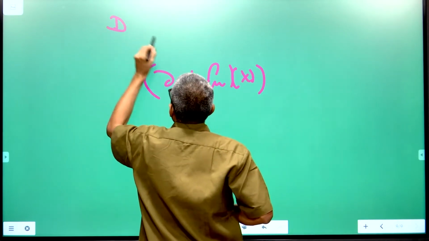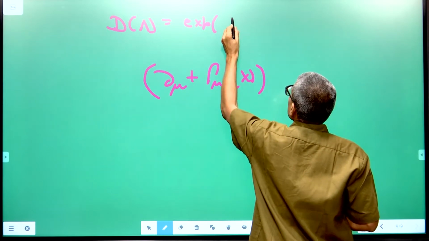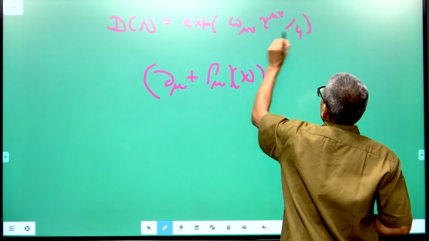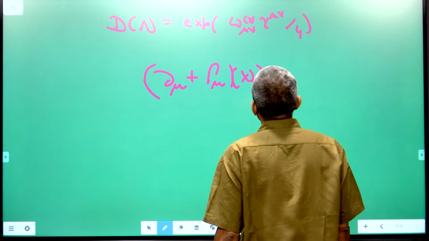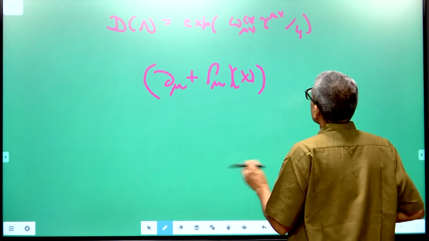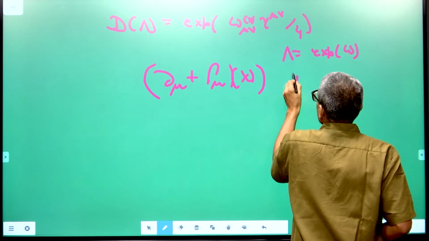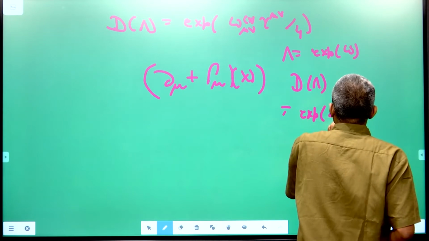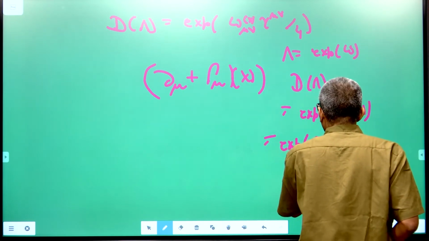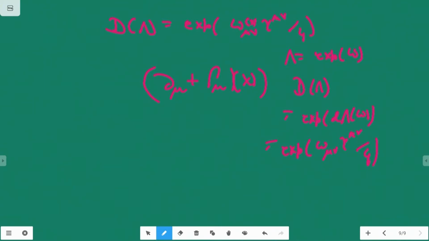So, if D is the spinor representation of the Lorentz group, that means D(Lambda) is equal to exponential of omega_{mu nu} gamma^{mu nu}/4, where omega_{mu nu} are some functions and omega is an antisymmetric matrix, that is omega_{mu nu} is minus omega_{nu mu}, and then Lambda is given by exponential omega. So, you can see that D(Lambda) becomes exponential D acting on omega, which is nothing but exponential of omega_{ab} gamma^{ab}/4. So, the covariant derivative transforms as D(Lambda(x)) into (dou_mu plus Gamma_mu(x)) into D(Lambda(x)) inverse